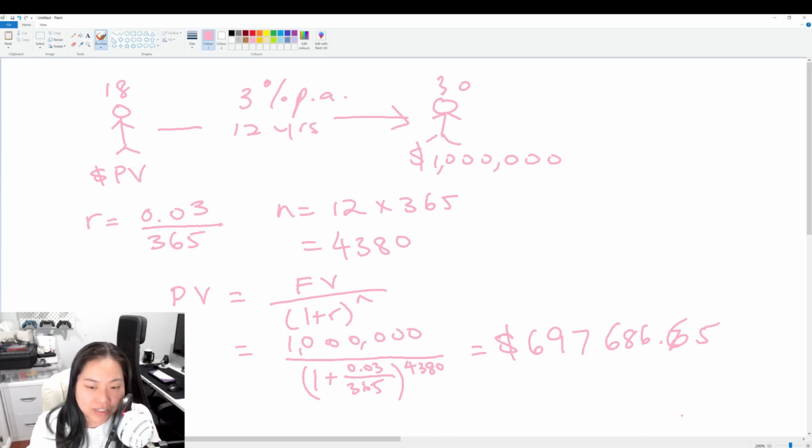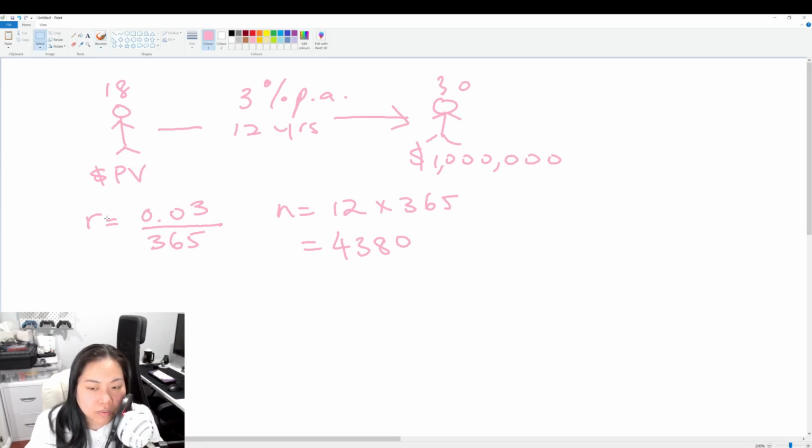The next question is, how much do we need to put away on a monthly basis, let's say, to achieve our $1 million status by the time we're 30? Let's try and work that out. Since we've worked out the interest rate on a daily basis, I'm just going to work out what we need to put away every day from now until we're 30 to get the $1 million. If we can work out how much to put away every day, we can work out how much to put away every week, every month, every year, etc. So the formula is,